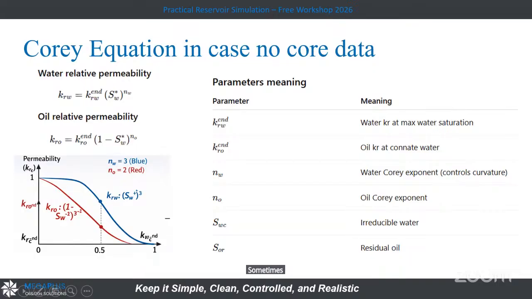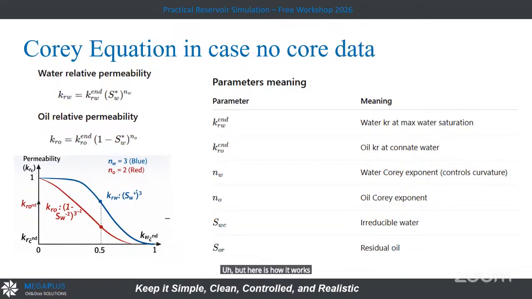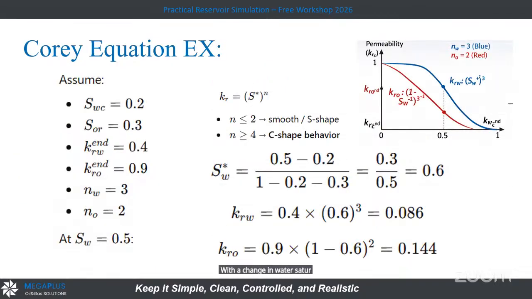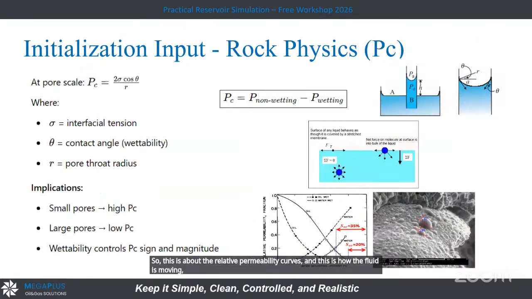Sometimes they call it S shape and C shape, and it is related to wettability. But here is how it works. We make our dynamic model understand the fluid flow behavior in the dynamic model with change in water saturation that is a function of pressure, that differs by the diffusivity equation that is converted to numerical. This is exactly how it works. So this is about the relative permeability curves, and this is how the fluid is moving related to pressure and